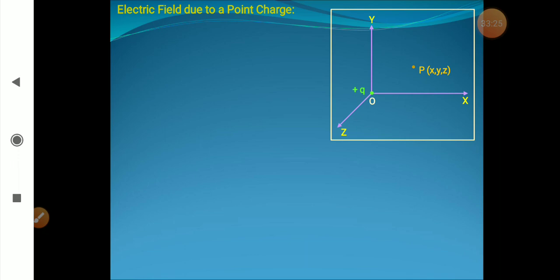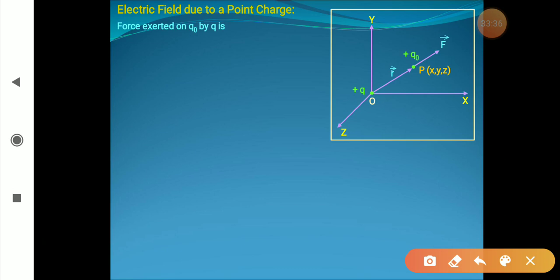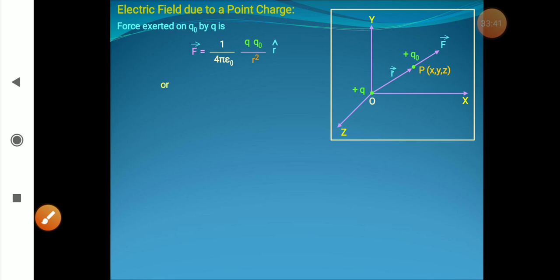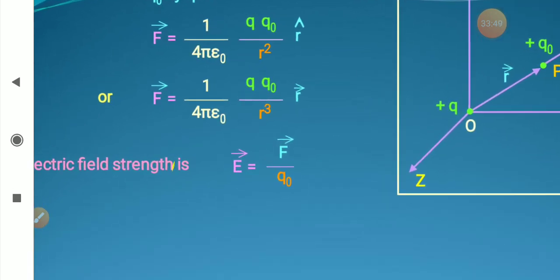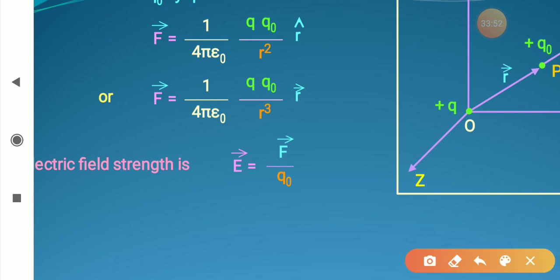We have a point charge plus Q, and then a test charge placed at distance R. You see, this is the test charge placed here. So now the force acting on the test charge is equal to 1 upon 4 pi epsilon naught Q Q naught upon R square. So force is given and electric field strength is F upon Q naught. Therefore, we will divide this relation by